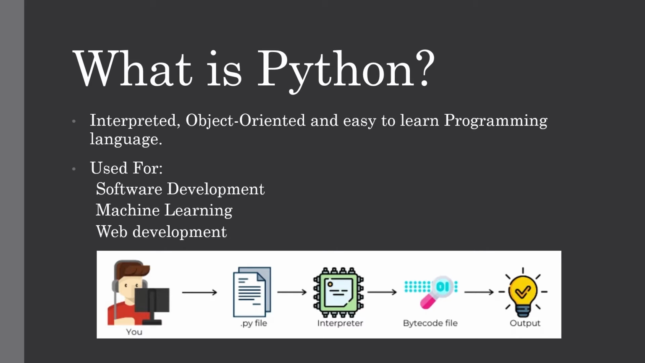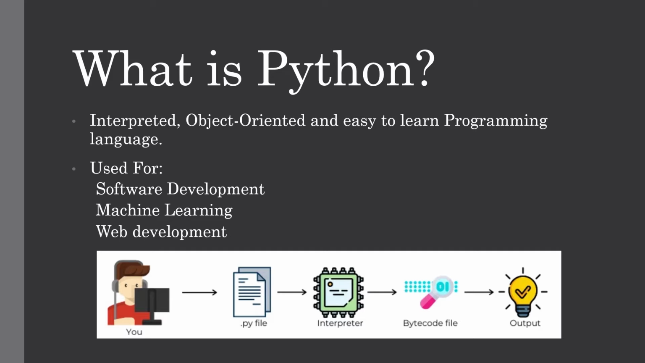Python is nothing but an interpreted, object-oriented and easy to learn programming language. Interpreted in the sense that the code is executed line by line, and Python also supports object-oriented concepts such as inheritance, polymorphism, abstraction, etc. Python is also used in many different fields such as software development, machine learning, web development,